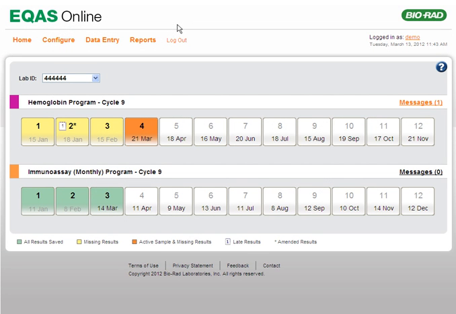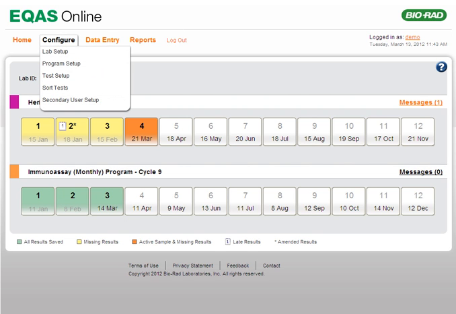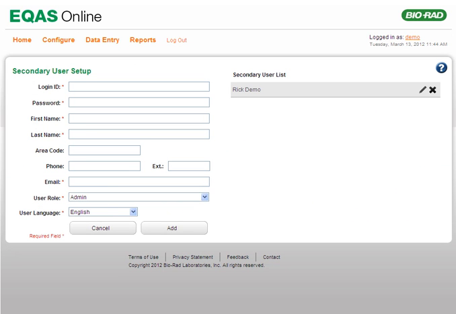A secondary user can be added by using the secondary user setup page. Open this page by selecting Secondary User Setup from the Configure menu. On the Secondary User Setup page, enter the appropriate details in all the required fields.